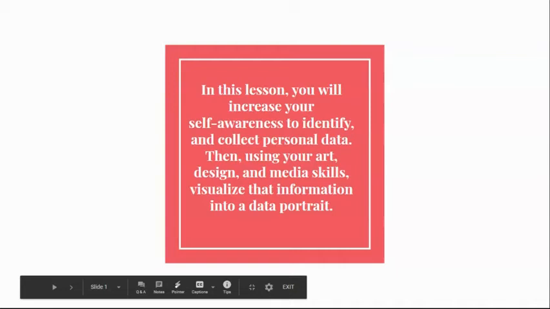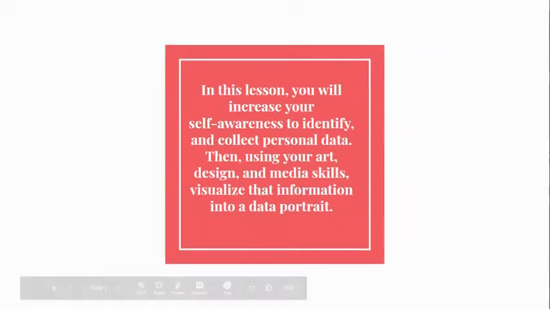Hey everybody. Today I'm going to talk about your next project. And so for this project, we are going to be creating portraits. And the way that we're going to think about portraits is a little bit different than a traditional way. So our main focus is to collect some information about ourselves and transform that into what we will call a